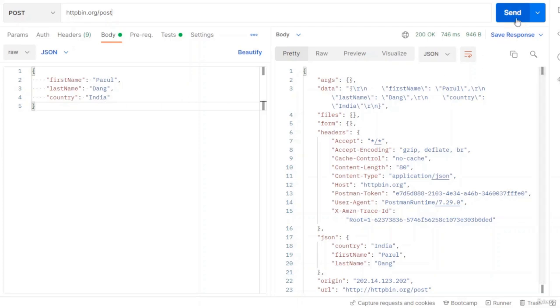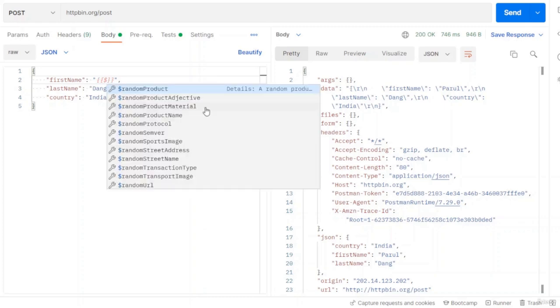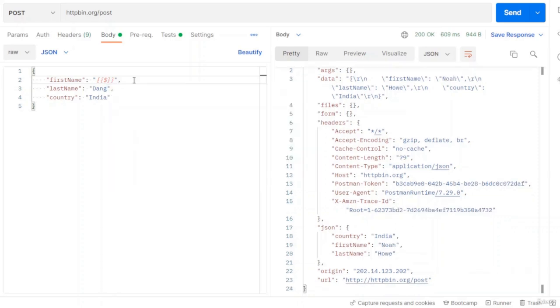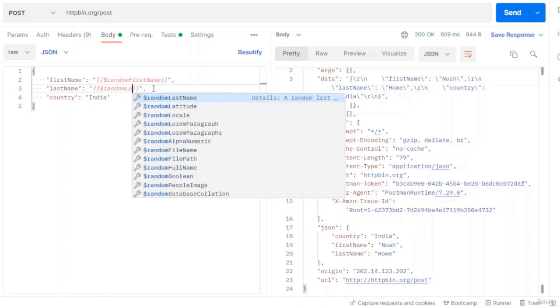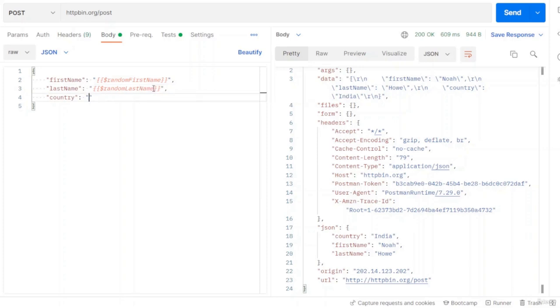And I want every time I hit the send button, some new random data should be generated and passed to the server. So what I will do, instead of this hard coded value, I'll put a double pair of curly braces, and within that I'll put a dollar symbol. And then I will get a list of all the random variables available in the Postman. Since this is going to be the value of first name key, then after dollar symbol, I'll type random first name. Similarly, for last name, I'll type random last name. And for country, it will be